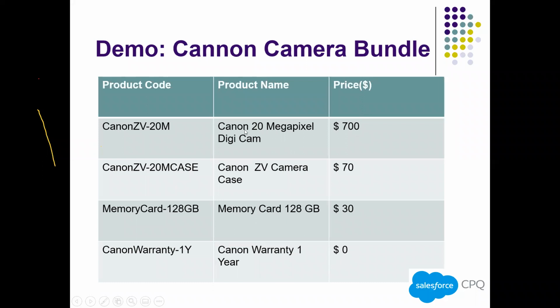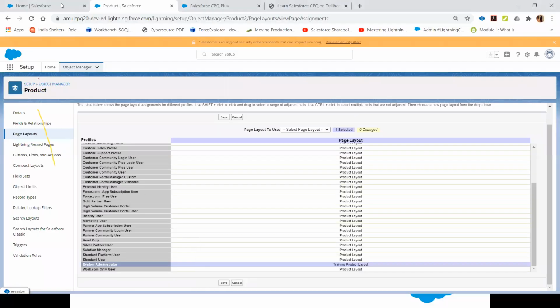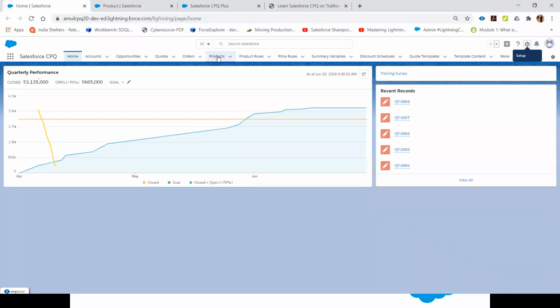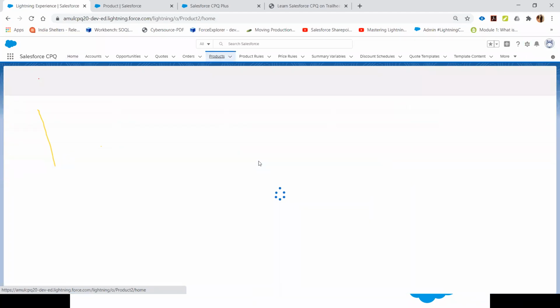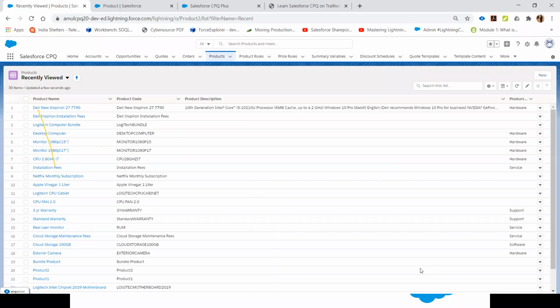Now, how to configure this bundle in Salesforce CPQ? Let's move on to our Salesforce browser. Okay, I'm on product.